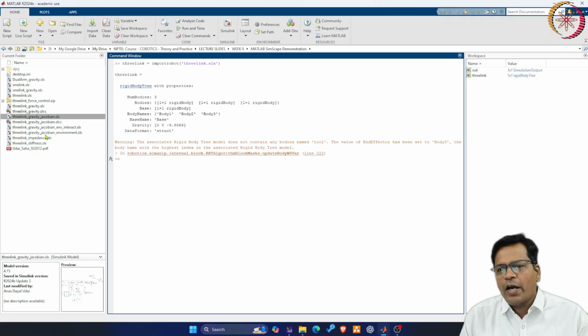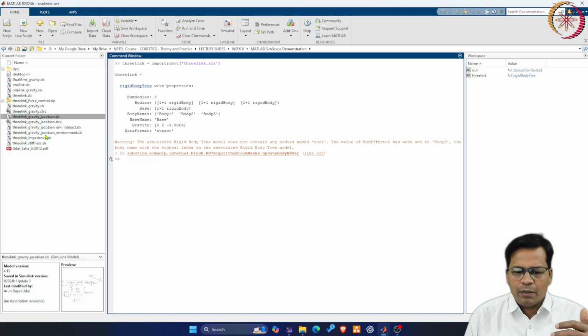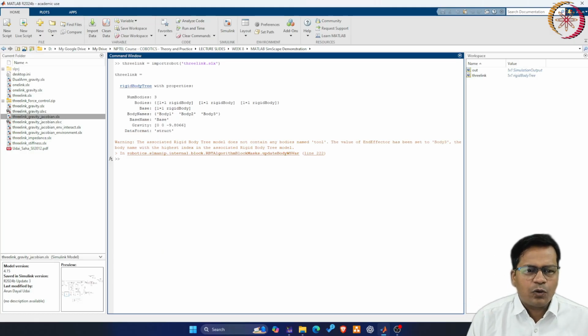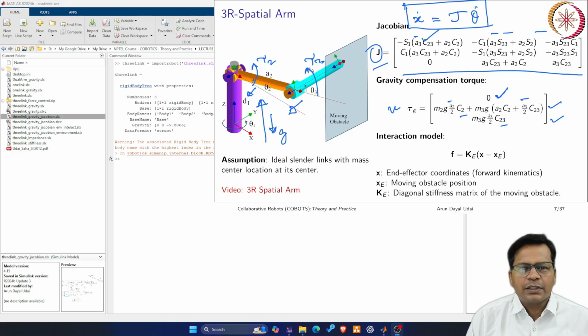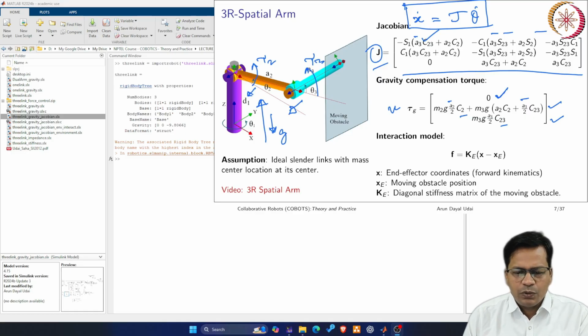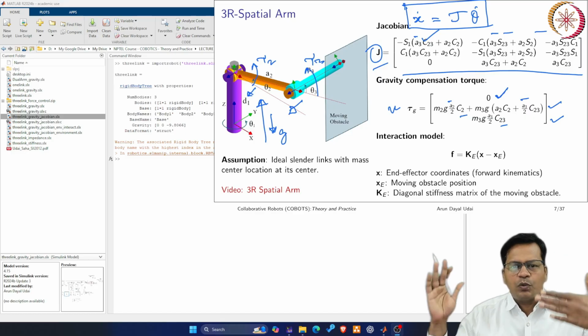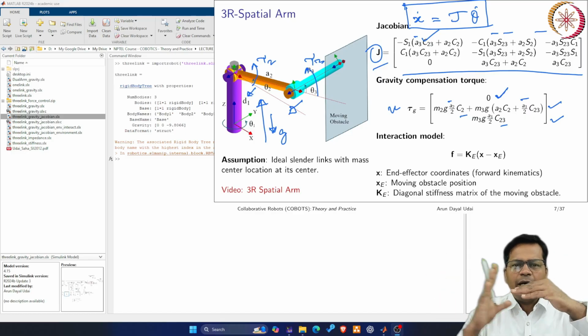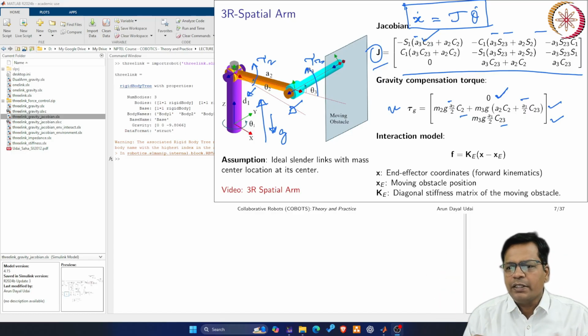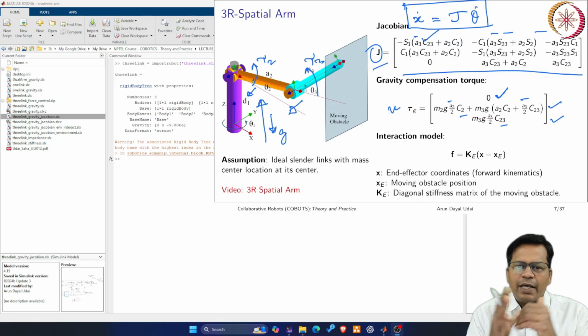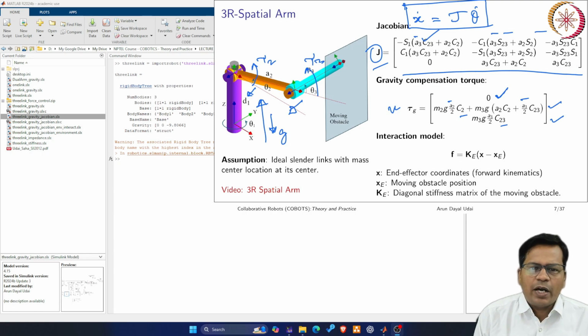Now I'll create the environment, so as to create a plane which moves towards the robot and does something. This is what I wanted to do. So you see there is a plane which moves towards the static robot, and I'll see if this plane makes my robot flex or not. Upon interaction it should become soft, or it should behave like a spring. So that collision is detected using environment modeling.